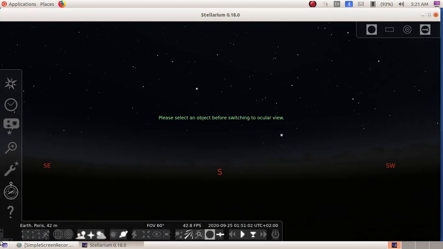If you place your mouse at the left side down corner and click on this L-shaped button here, you can fix the tools here. The first tool is location, the second one date and time, third one sky and viewing options, search, configuration, astronomical calculations, help. Then in the bottom you can see constellation lines, constellation labels, constellation art, equatorial grids, azimuthal grids,